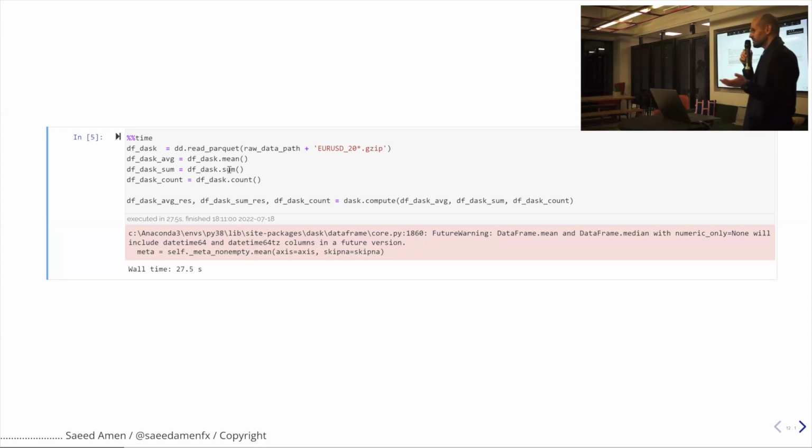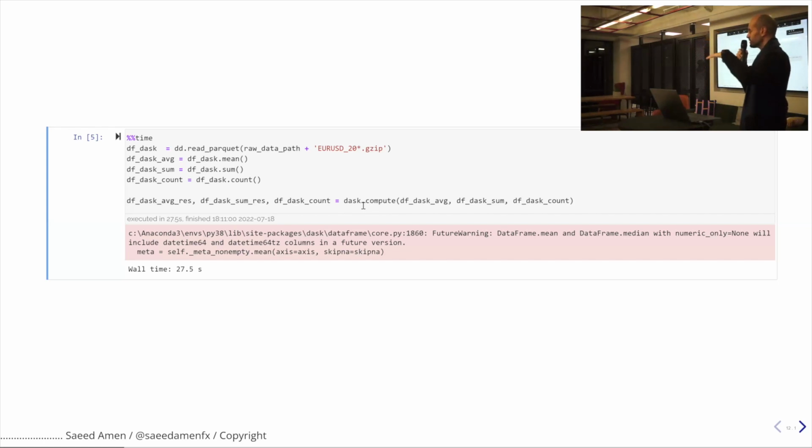I guess the sum is probably not that useful. It's just more doing a computation, essentially. So what we do is with Dask, it uses lazy evaluation. That means when you push calculations to the computation graph for Dask, it won't necessarily calculate them instantly. So what happens is you keep on adding calculations, and eventually you trigger it using this compute command, and Dask